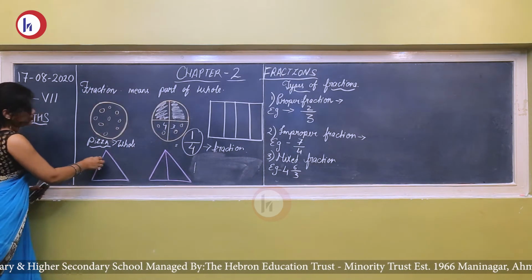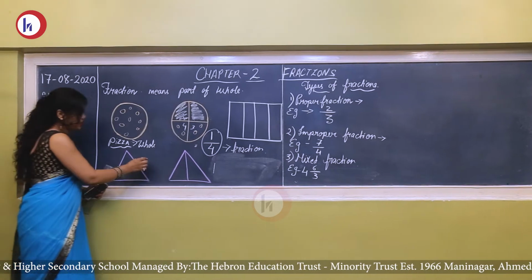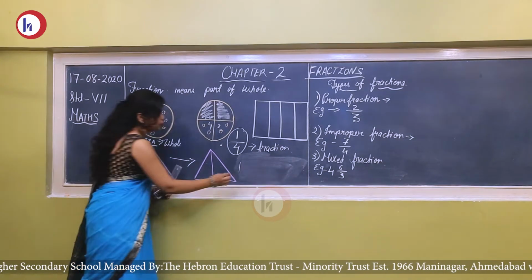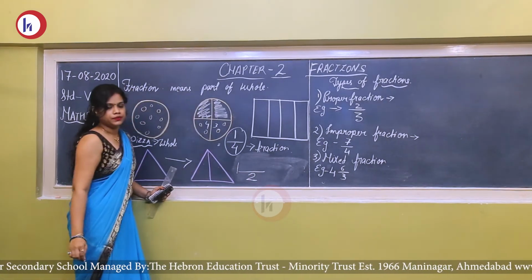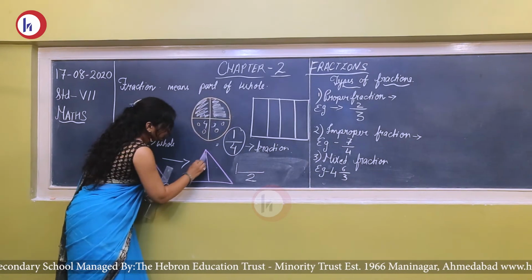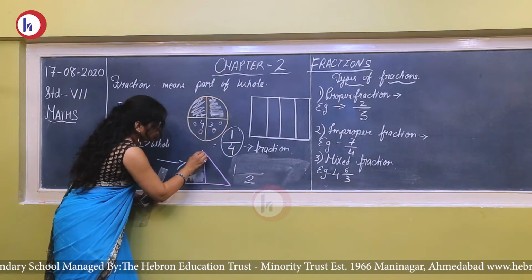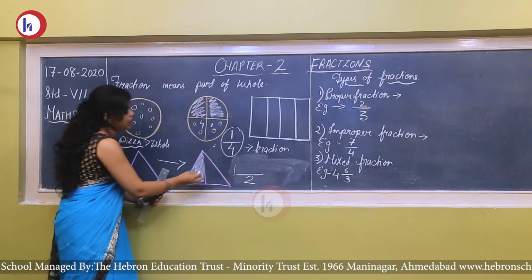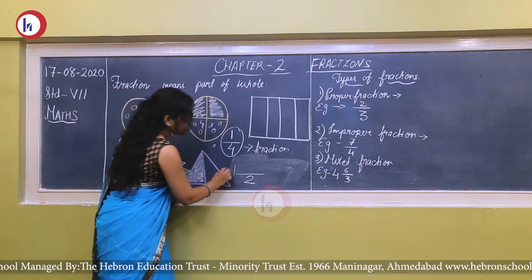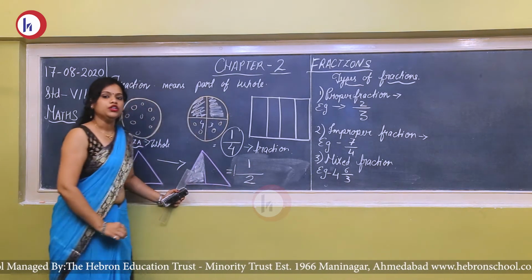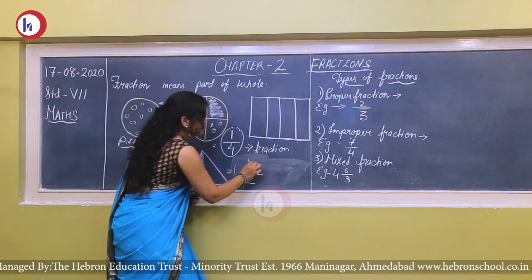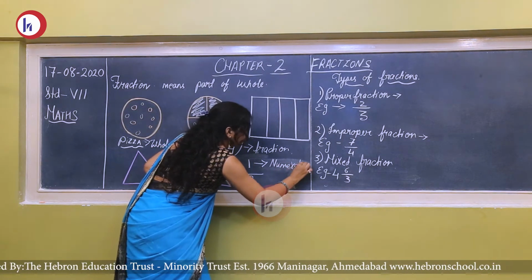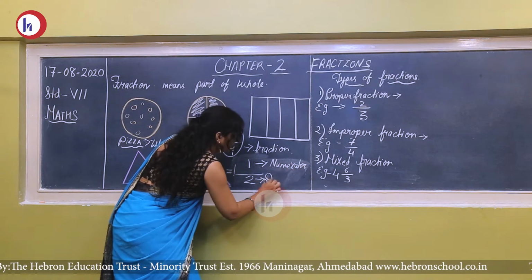So let's take another example. Suppose this is a triangle. Now this triangle I have divided. This is one whole triangle. This triangle is divided into 2 parts. So your 2 will go into the denominator. Now from these 2 parts, one part I am using. To show the used part, I am shading it. So out of these 2 parts, one part is selected. That will be shown as 1/2. Now here, this is called the numerator. And this one is the denominator.